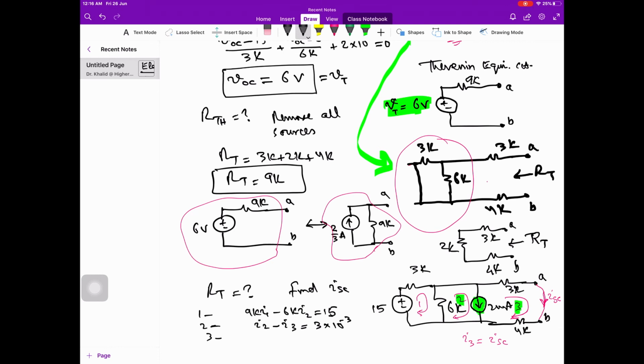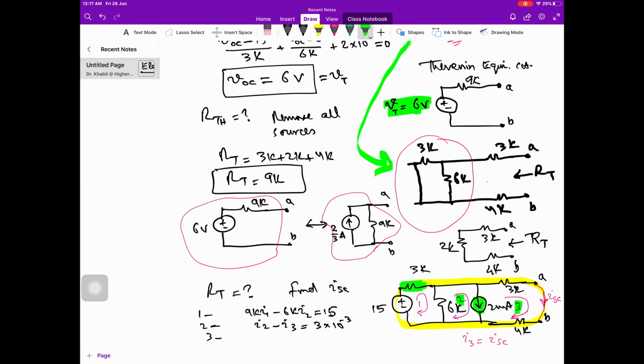Second equation. Now for the third equation, we have to find a loop which does not contain this 2 milliampere current source, because we cannot find the voltage across the current source at this stage of the analysis. So we can write the equation for the outer loop over here. For the outer loop, this will be